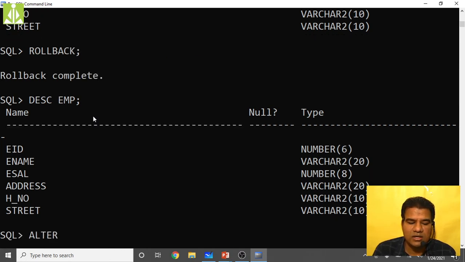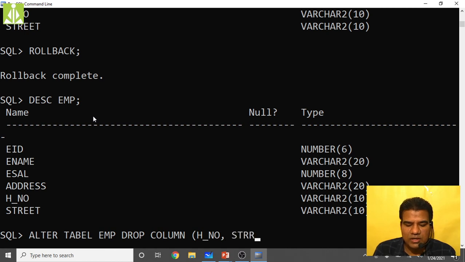Alter table emp drop column house number comma street.